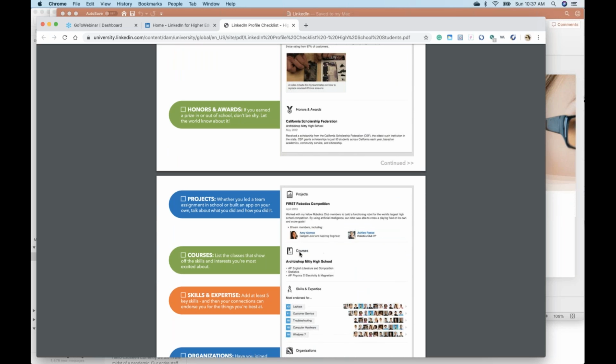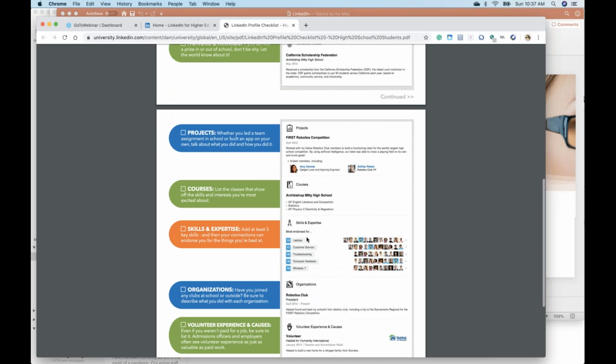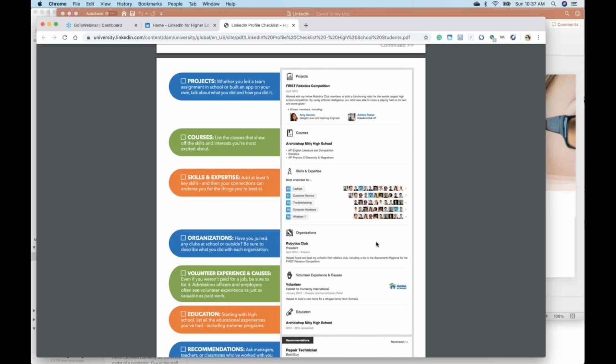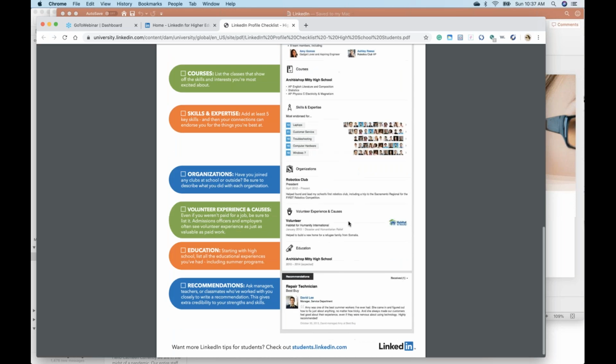These are the courses. You see this person did not add 57 classes that they took for all 4 years of high school. They included the important ones that separate them from the competition who's trying to get into college. Skills, they have several skills listed. These are the people that have endorsed them. That's what I'm saying. If you have that one same friend that endorsed you for every category, it's going to be painfully obvious, especially when you've just joined LinkedIn because you don't have other endorsements posted there.